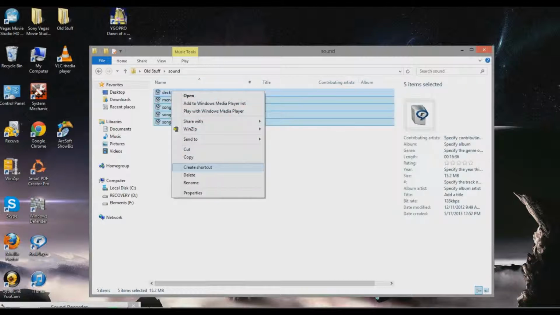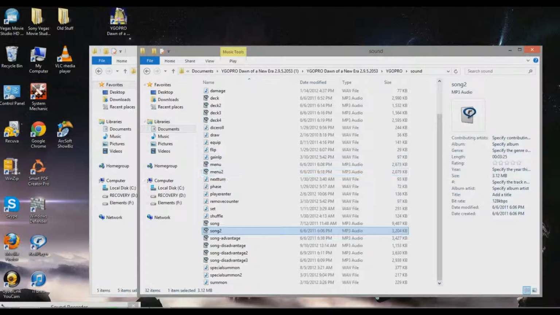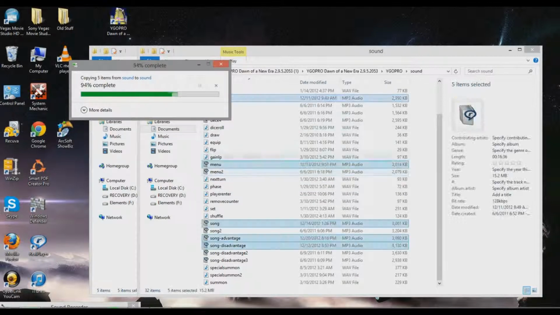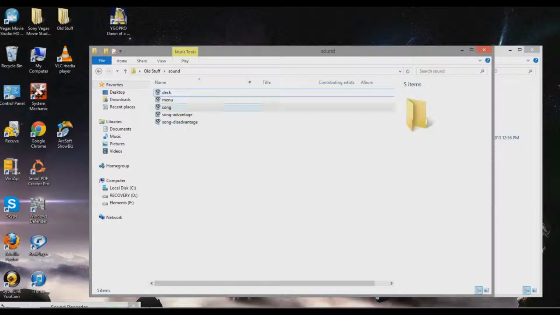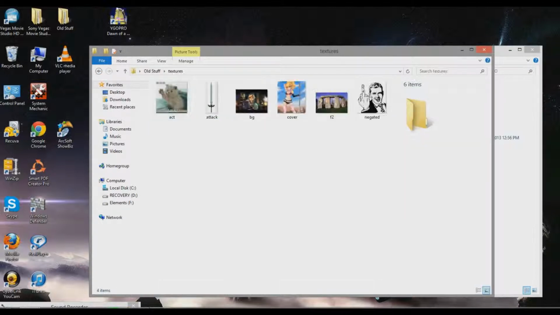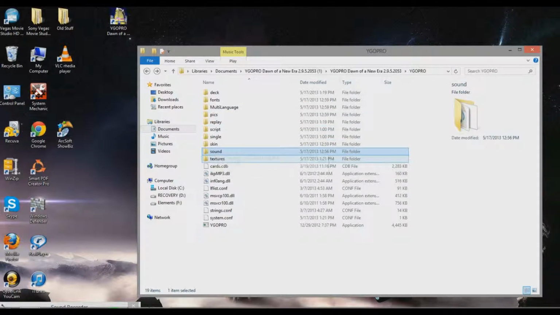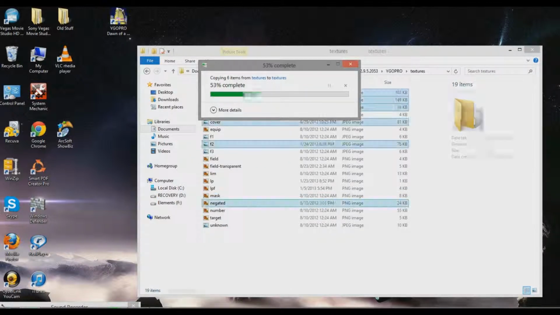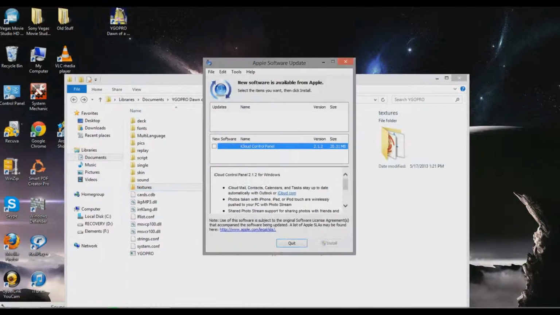Now what you do is you copy and paste. So go back over here, copy, paste, replace. Yes, so replace all the ones that were already named that, back out, and then this is what it will essentially do. Now you go to your textures, and so you can copy these and then go to textures, paste, replace. Yes. Now, if that's a lot of work for you to go from...